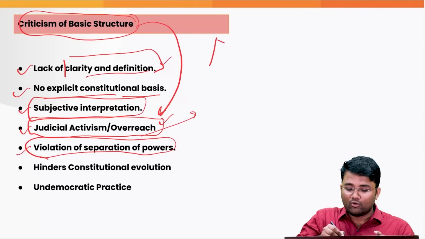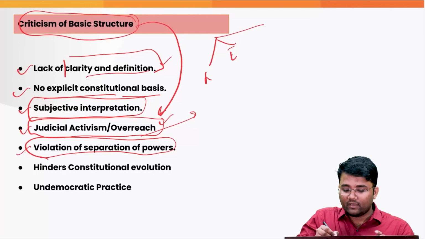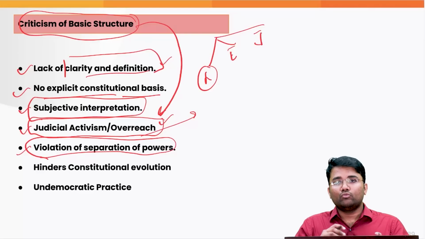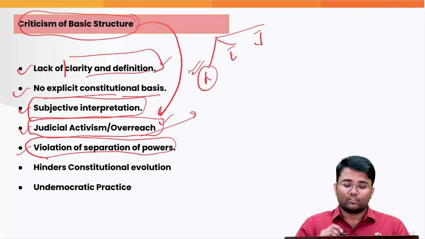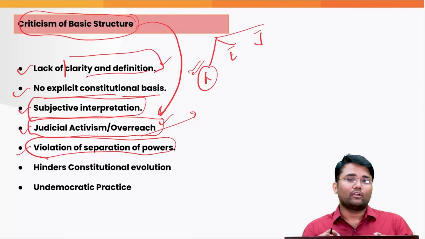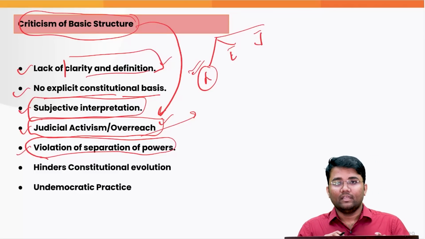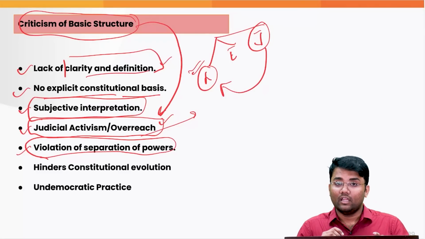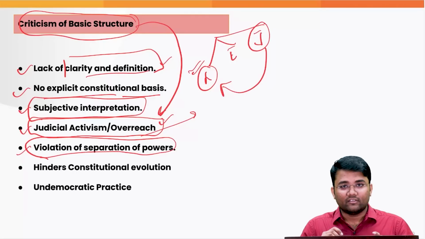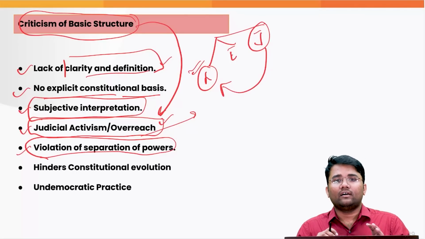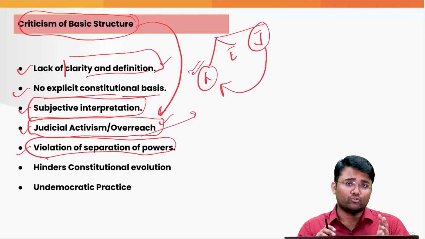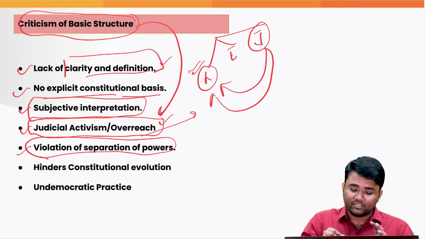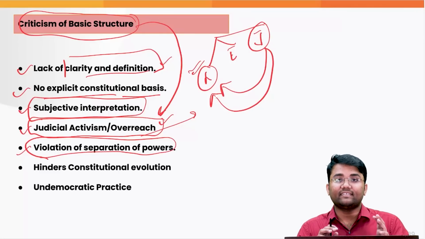As you know, of the three components, the legislature, executive and the judiciary, making a law is completely the domain of the legislature. But when the judiciary is actually guiding what the law should be, what changes need to be made, and how a particular act or law should look, it is against the separation of powers. Some experts believe that it is against the separation of powers envisaged by our constitution.